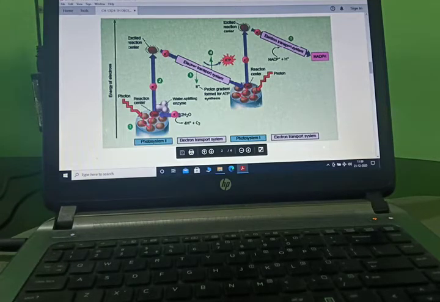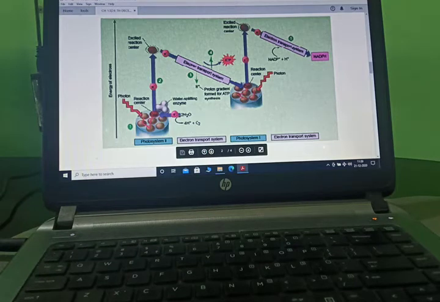Photosystem 1, why is it known as that? Because it is the reaction taking place by the light release of electron. First it was discovered, so it is known as photosystem 1. Here again the reaction system, photon, this is photon, here also photon means electron of light. Now from here again the reaction center, it goes to the electron transport system, and here is the formation of NADPH.